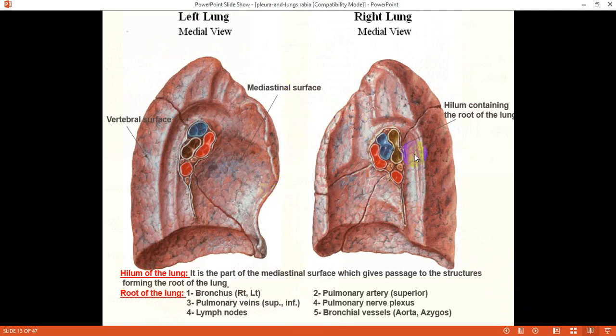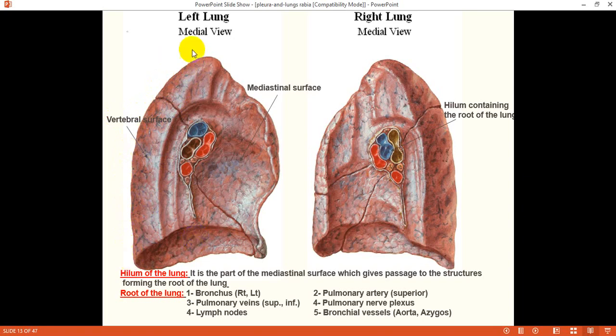The medial surface of the lungs is divided into two parts. The anterior part is called mediastinal surface, as it is related to mediastinum, and it also has the hilum, which is the root of the lung structure passing in or out of that part. We can also observe pulmonary ligament extending from the root of the lungs. Then we have the vertebral part of the medial surface, which is associated with the vertebral column and is lying in the paravertebral region along with the posterior border.